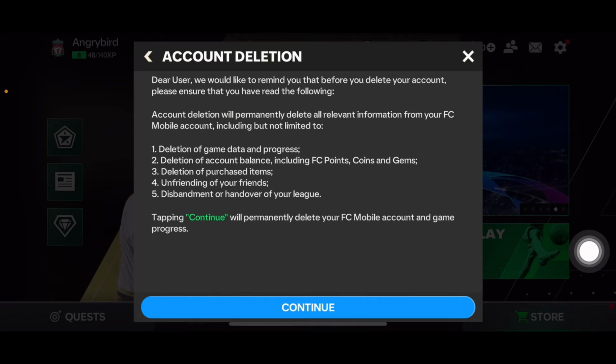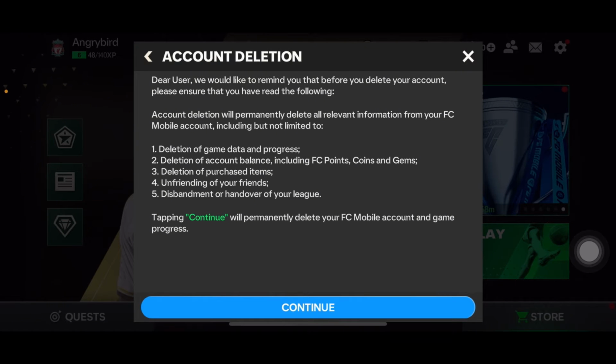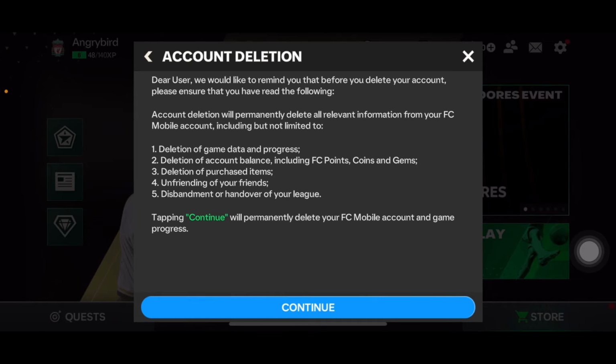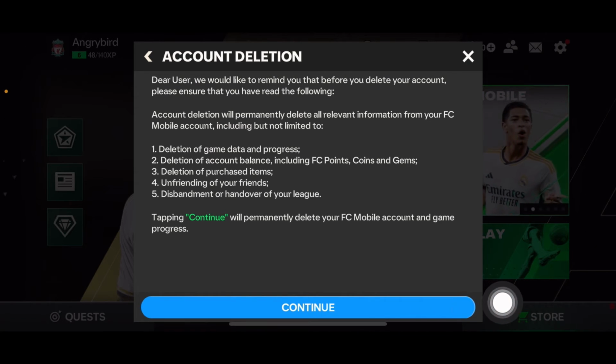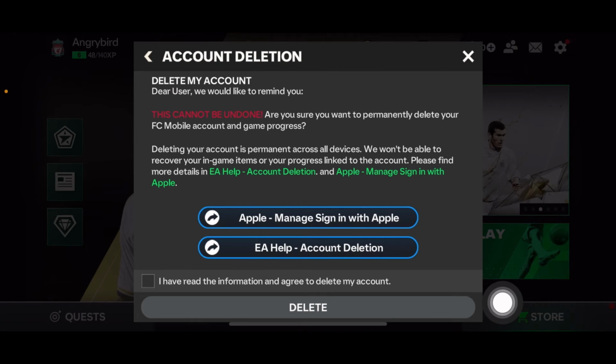and make sure, if you want to delete your account, all your game data and progress will be deleted. Your purchased items and all of your friends will be deleted, so make sure you want to delete your account permanently. So press on Continue